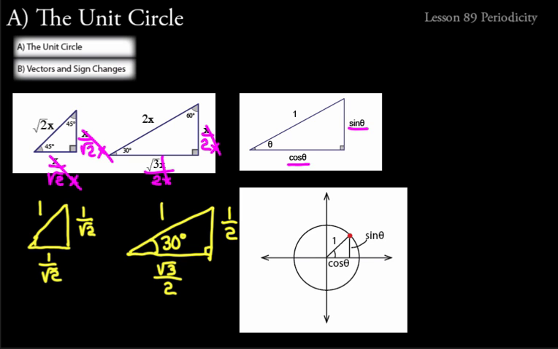Now, look at this circle. It's centered at the origin of an xy axis. It has a radius of 1. So you see that here? And that segment right there, that's a radius of 1. So that's what the unit circle is about. Notice how you can draw in there a right triangle relative to that point. And its opposite side to angle theta would be sine theta. The adjacent is cosine theta.